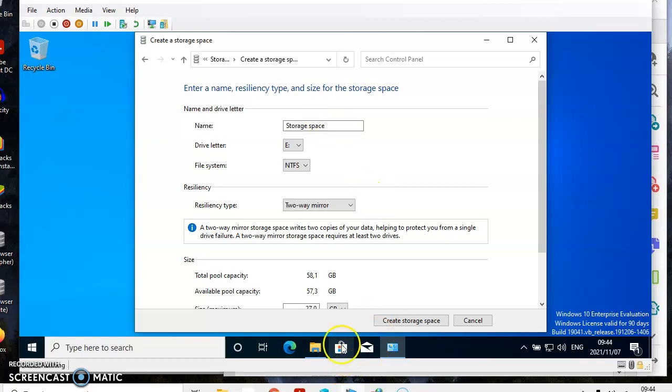So the assignment question says you have to name the drive user data. Ensure that the drive letter assigned to it is E. So we have drive E, which is assigned here, the file system. By default, the resiliency type is usually set on two-way mirror, but we need to create a parity. So in order to create a parity, you select the drop down here and you click parity. So it gives you different options, but we